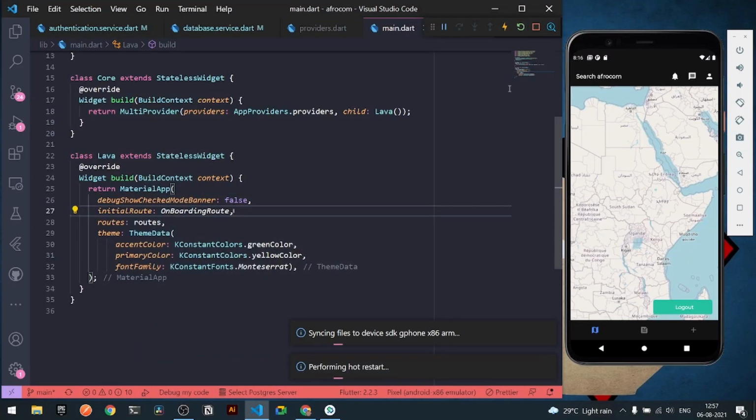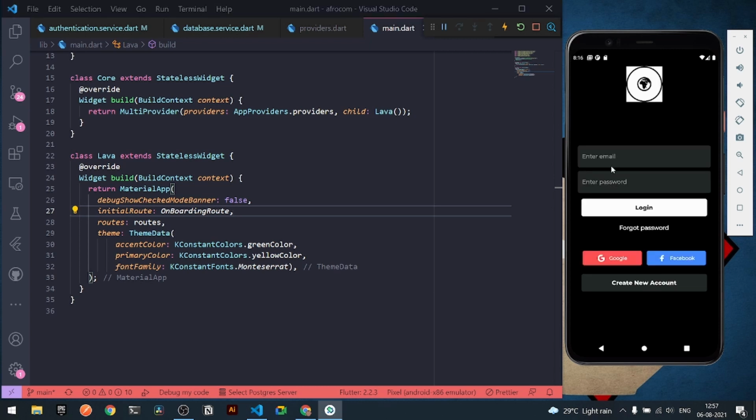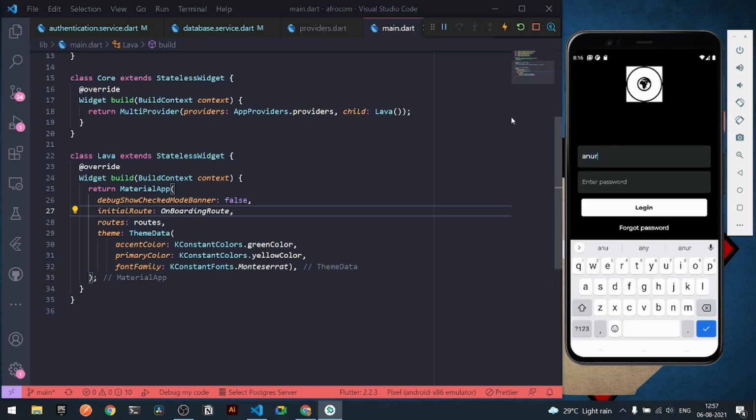Right, so let's try to log in with his credentials. Let's hot restart our entire application for now. You can also log out, but also hot restart works under development mode. Let's try to enter his credentials: Anurag@gmail.com. Now we already know his password, still, let's try to add a wrong password. So I'll say Anurag password 22. Let's try to log in. You can see I will be getting a message of wrong user password.